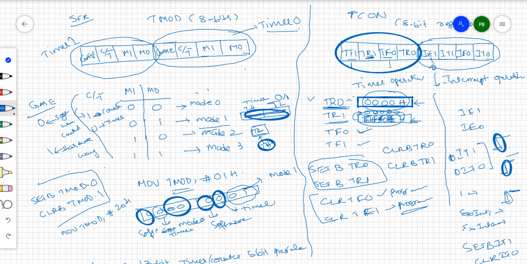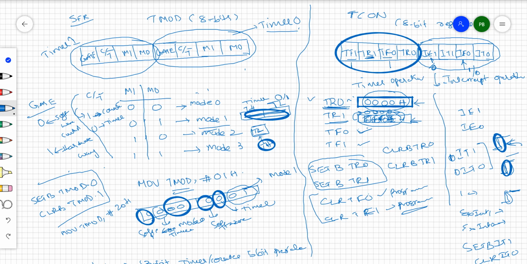So whenever an edge is detected, this is going to be 1. If it is 0, it means the processor is going to process this particular interrupt, whatever the interrupt causes, which you get from external interrupt 1. In a similar way, this one also: once the edge sensitivity is detected, it is going to be 1. If it is 0, the processor is going to be in action with the interrupt given through interrupt pin 0, external interrupt 0, right?